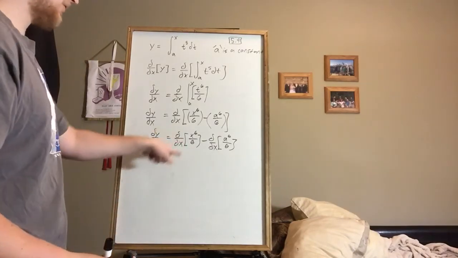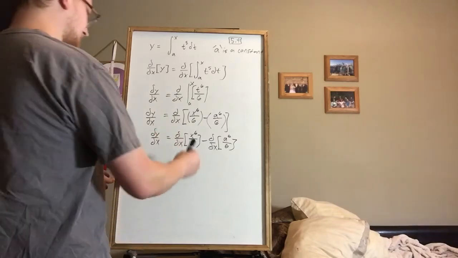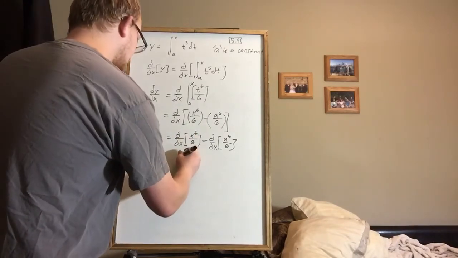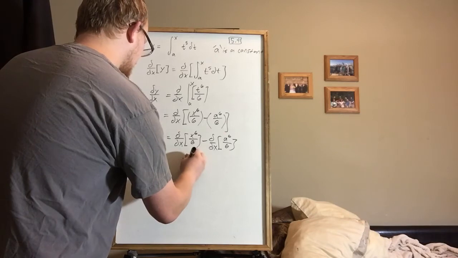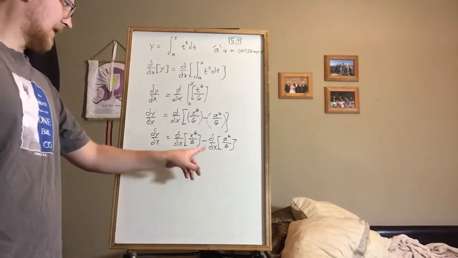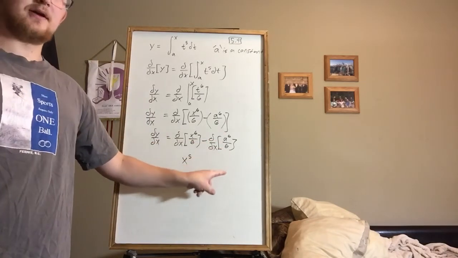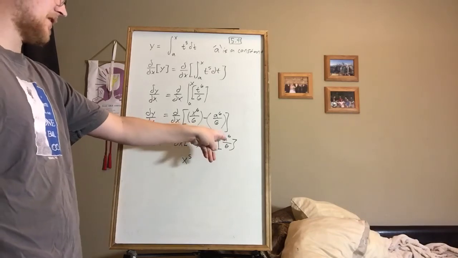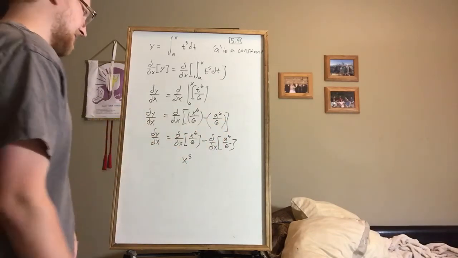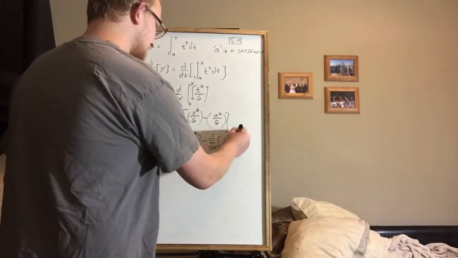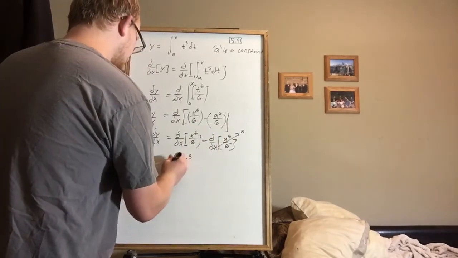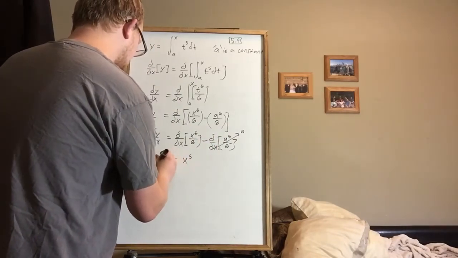Now, the derivative with respect to x of x to the sixth over 6, we could use the power rule, and we'll end up finding that that's equal to x to the fifth. And the derivative of this term is actually a constant, because a constant to the sixth power over 6 is nothing but a constant. So this actually goes to 0. And what you'll find is that dy dx